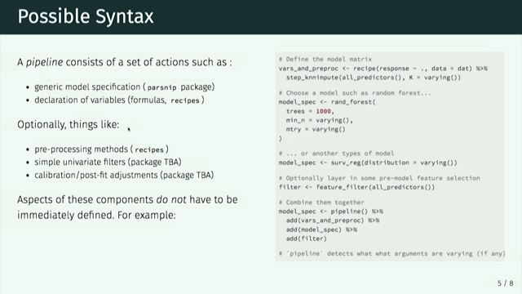So you can give it a placeholder function that right now we're just calling varying. It varies. And it leaves that as a placeholder for, we're going to do something here, but I'm not exactly sure what the values are just yet. And then you can create a model specification. So if you're fitting a random forest, you don't have to say whether you're using ranger or randomForest or what have you. You can just say, hey, I want to fit this many trees, but I also want to tune over the minimum number of data points to make a split and the mtry parameters. You can also lay down placeholders there.